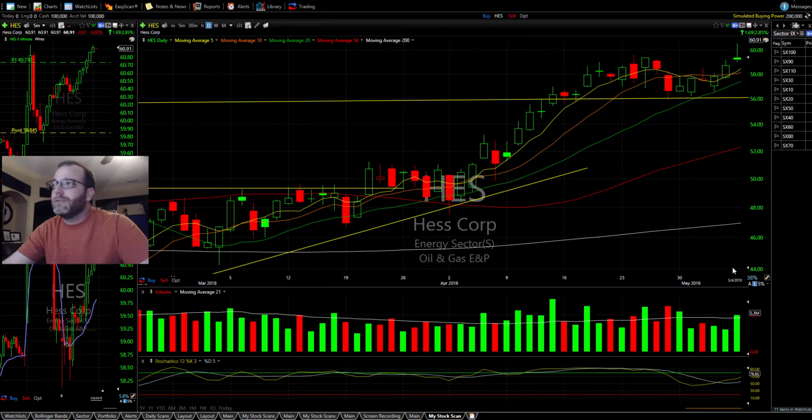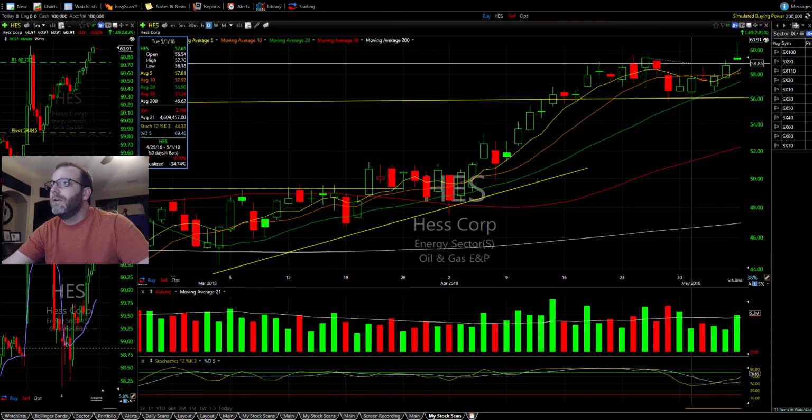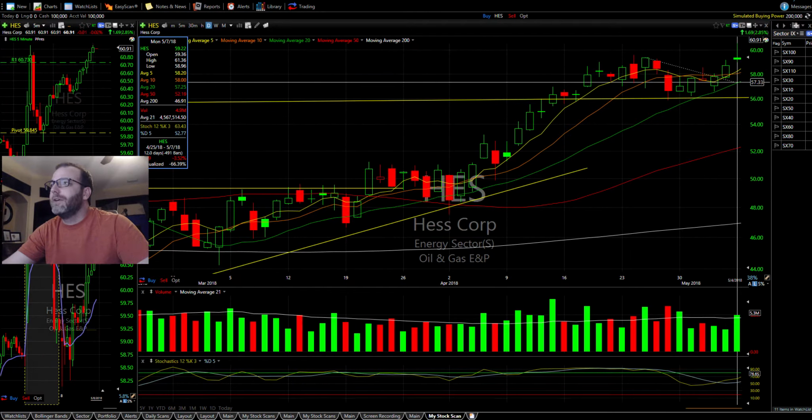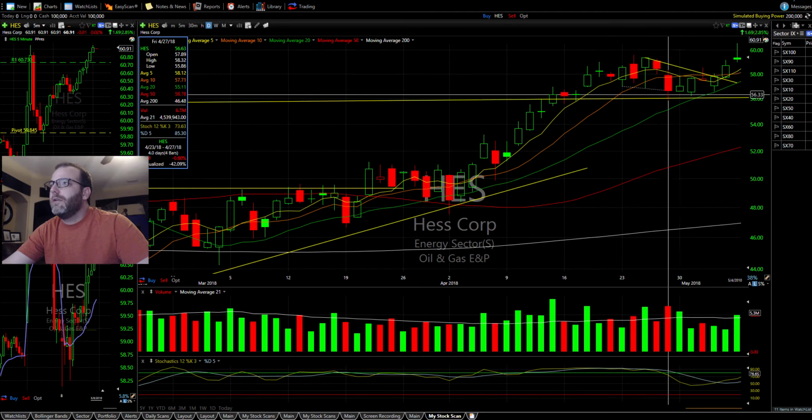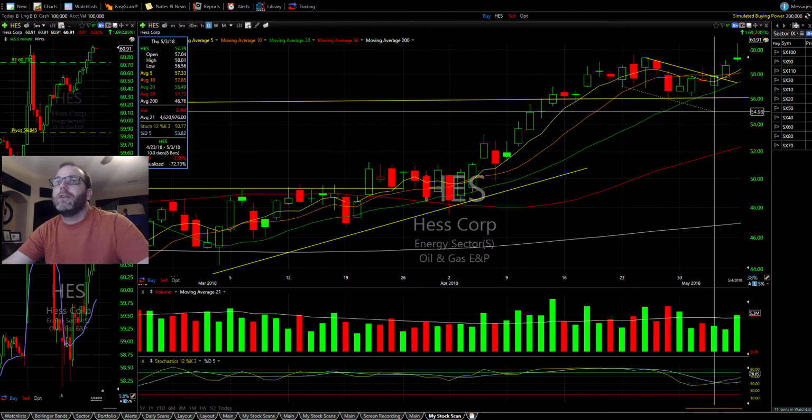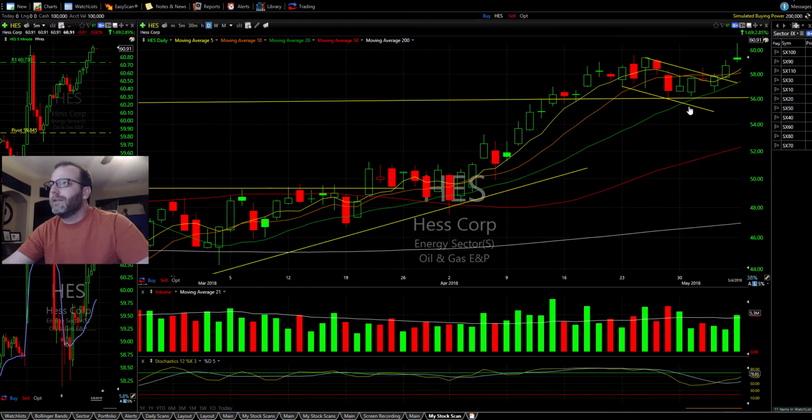Now, originally, the reason for me getting into it was this very bull flag like pattern. So I'll draw it out for you. And here you go. You have a very nice bull flag pattern. It confirms it the day before, breaks out, and everything looks good. Now, this day here that we're talking about, we have a